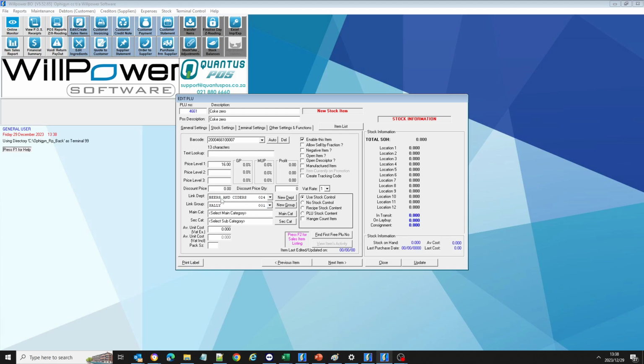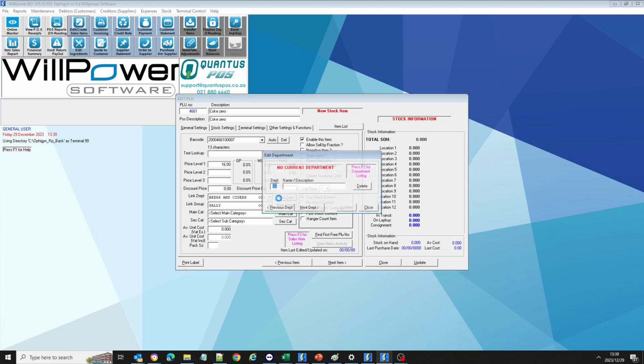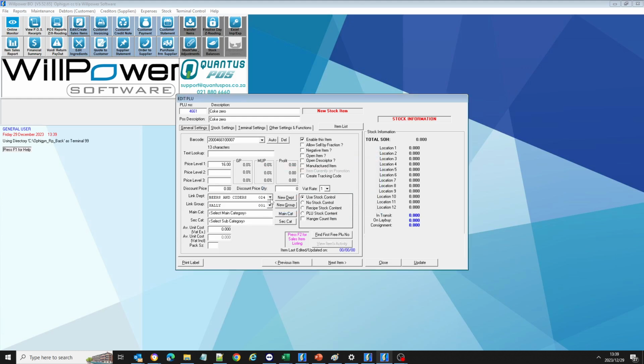and then we can link it to a group or a department. Most people use the group, so we're going to create a new department called cool drinks. And update, and we can now add it to the cool drinks department. You will see we have touch categories on our previous version. It will be found in a different spot, but we'll go through that later. This is basically a setup for a